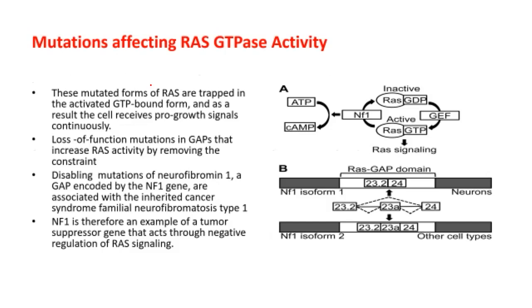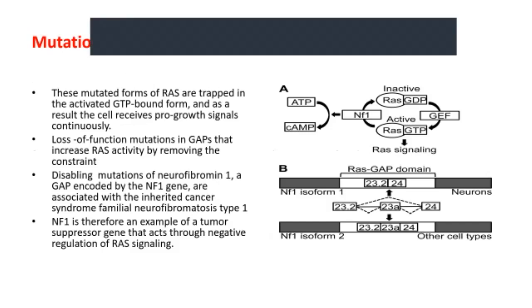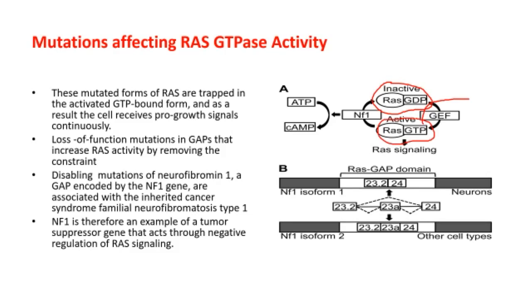So as we told earlier, RAS protein is inactive when it is GDP bound, and it is active when it is GTP bound. This is mediated by GTPase activity. When the GTPase activity is altered, RAS can be always in a constitutively active form. Constitutively active RAS is seen in certain kinds of diseases, which will inherently predispose the person to form tumors.